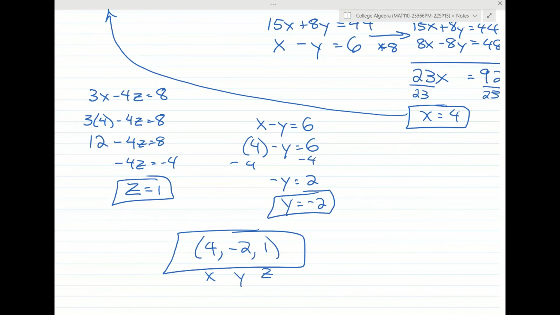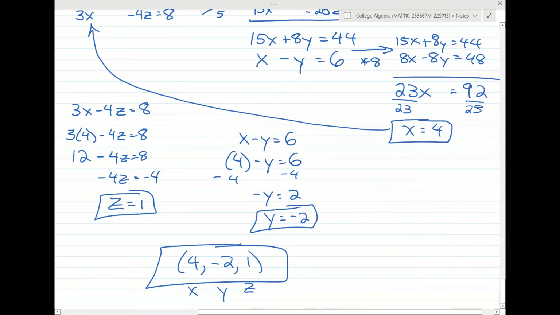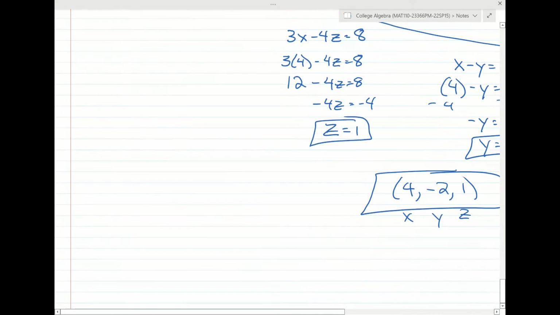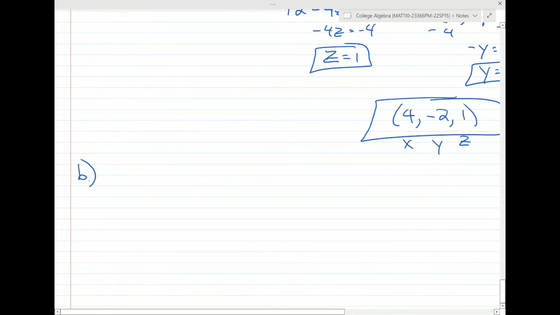I'll just give you a second to get caught up if you're copying that down, and we'll take a look at another type of problem. All right, what if we had something like this? Let's see here. What if we had